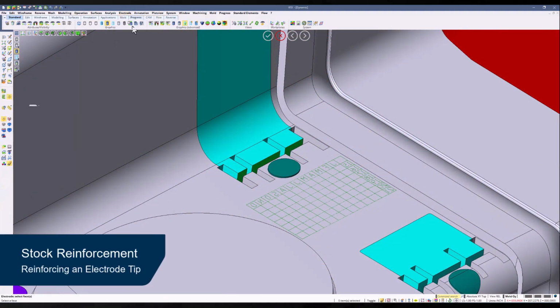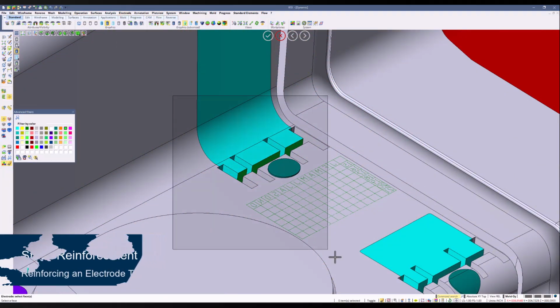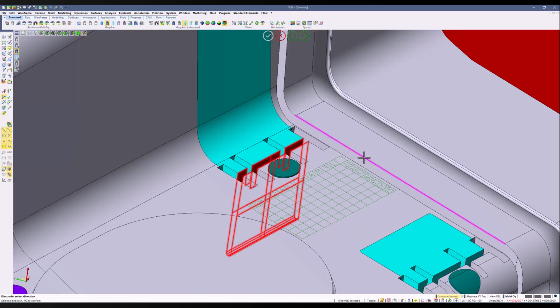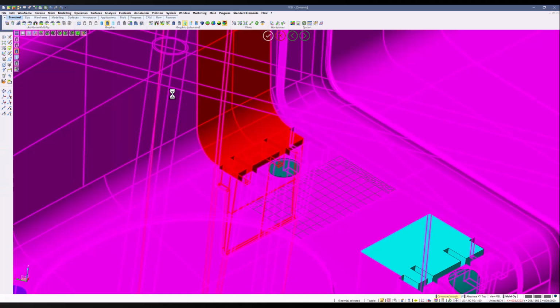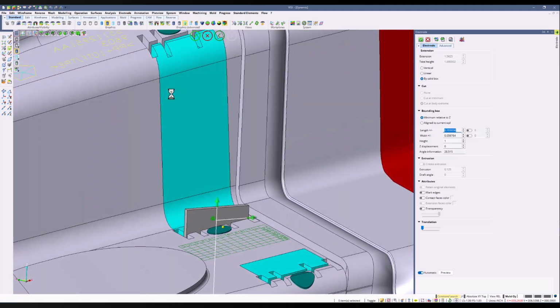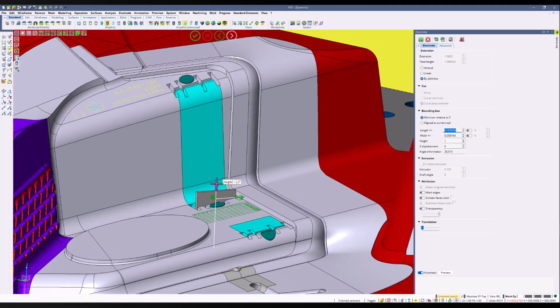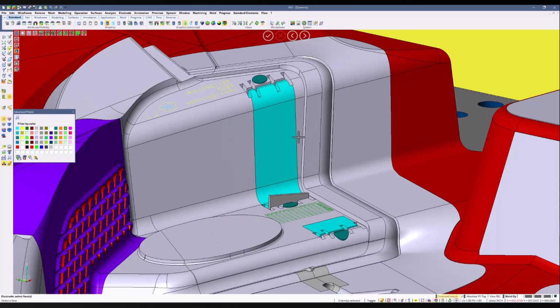Now we'll talk about stock reinforcement within stock definitions. I'm going to create an electrode using the tip creation option, and I'm going to reference the insert as well as the piece, and create this tip via a bounding box. In this situation, the tip is going to be very, very tall and very, very brittle. So what we can do with this is confirm the tip at a smaller size,